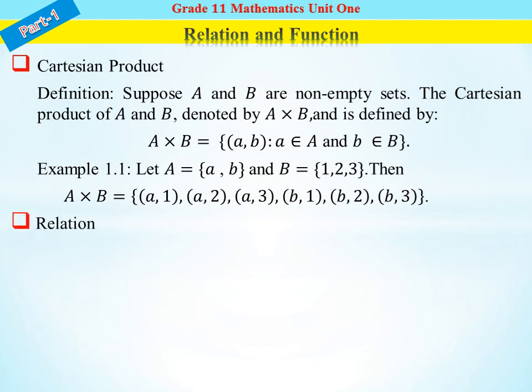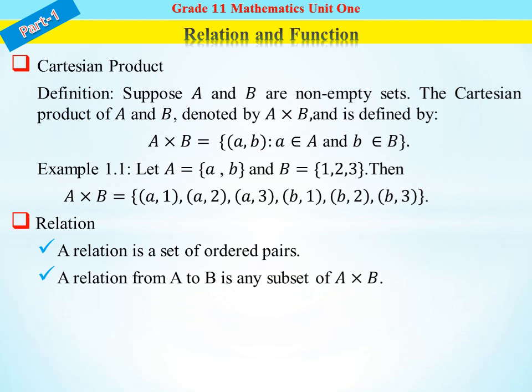What is a relation? A relation is a set of ordered pairs, or a relation from A to B is any subset of A cross B. እንግዲህ ሪሌሽን ስንል ኤሌመንቱ ኦርደር ፔር የሆነ ሴት ሁሉ ሪሌሽን ብለን እንጠራዋለን። ሪሌሽን ሪል ላይፍ ላይ የት ላይ አፕላይ እናደርገዋለን? ለምሳሌ the relationship between father and son። ይሄ አንድ ኤግዛምፕል ነው ለሪሌሽን።